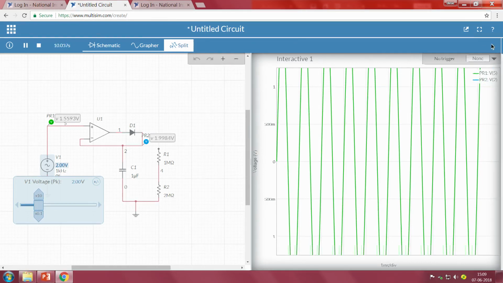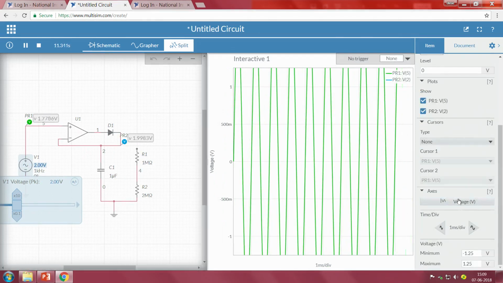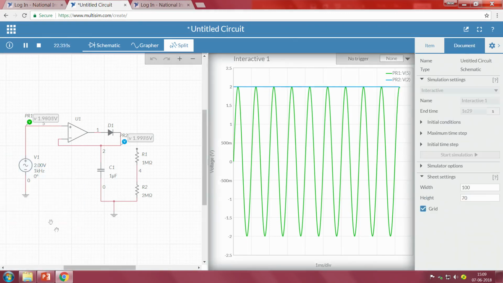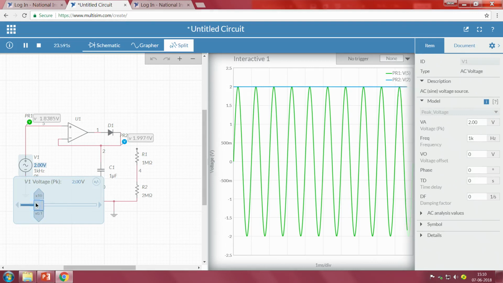Now, let me change the settings of the graph to voltage. If you observe now, the capacitor started increasing to the value of the input peak value, is it not? Now, what if I decrease? Let me decrease.